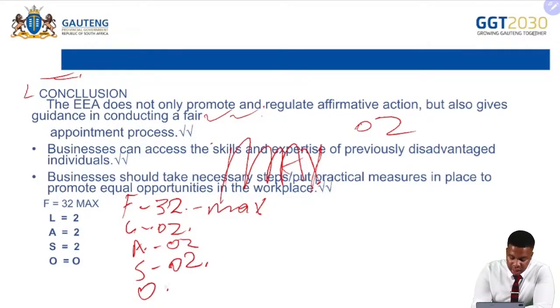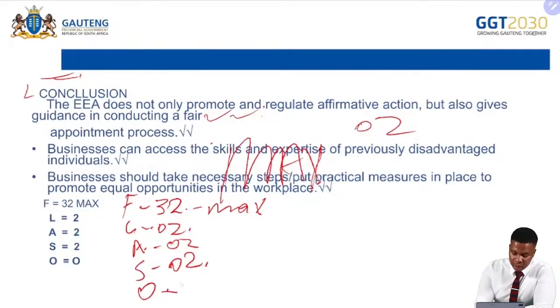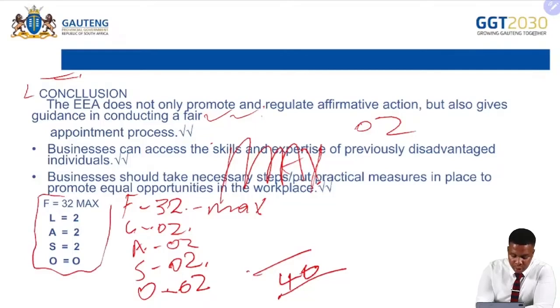And then originality, is the learner having an example? Yes, the learner has an example. For example, that example was ShopRite ensures that they both have males and females in their store, and they have 40% of males or 60% of females. That is now 60. That is an example, and then you get 0.2, and the total mark now for this learner should be 40 out of 40, because normally what happens is that learners would basically get 32 for the